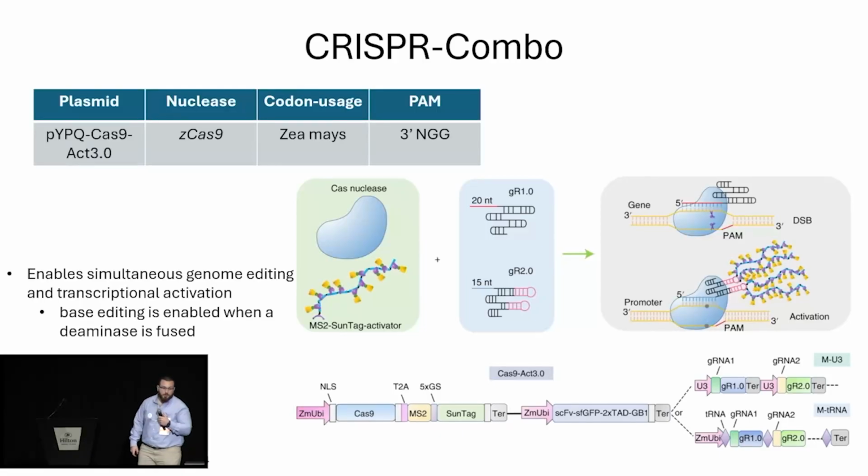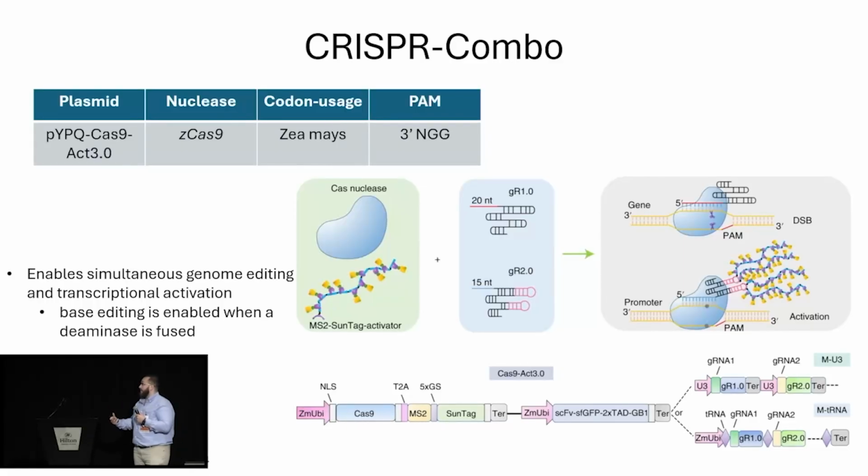We also have CRISPR combo. So this enables simultaneous genome editing and genome activation. And this is based off of the idea that when you truncate the length of a CRISPR spacer, so the guide RNA, it actually abolishes the nuclease activity of Cas9. So we can use that to still search for a target site and bind DNA, but it will not cleave the DNA. And so that's how we can actually combine that with genome editing in what we call the